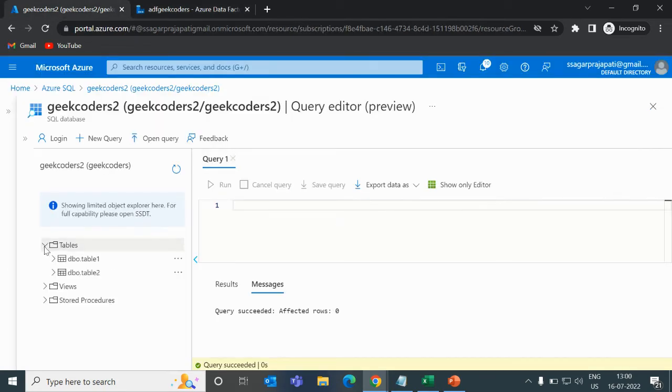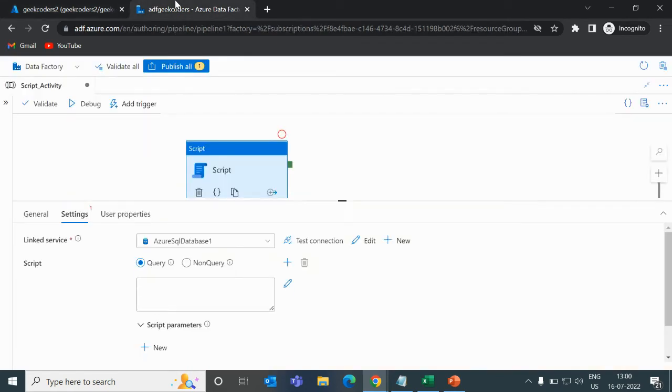Now if you can see here, I have two tables present over here, and in the view section, I guess we have two views. That's the default system views, and then we have stored procedures. So stored procedures we also do not have. So what I want to do is create a table. That's it. So I'm creating a table, create table, table 3,